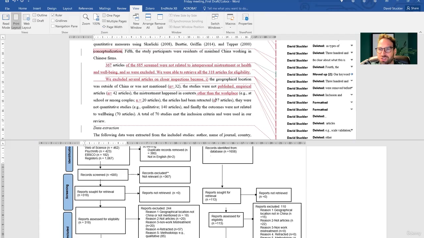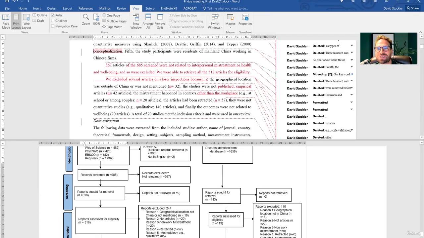Wow, 57 articles have been retracted. That's an incredible amount of retracted articles. I mean, wow, how do they get retracted, all those articles? Okay, I'm just out of curiosity. That's an incredible amount of retracted articles in this literature. Yeah, I wonder if this says something about the quality of Chinese research, but that is a lot of retractions.